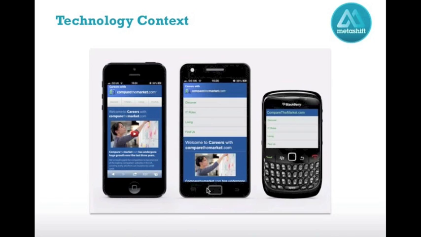But that's not the case. There are a huge amount of different operating systems, different ages of phone out in the marketplace. There are still loads of people who use older Blackberries, people who use cut down versions of smartphones, all that kind of stuff. So what adaptive design does is it has a number of different templates, and it serves up that template depending on the device that someone's using.